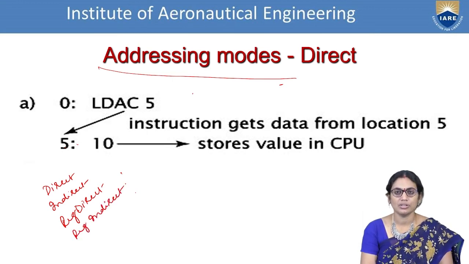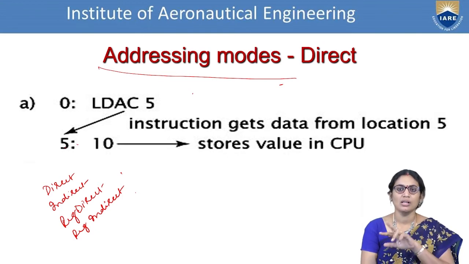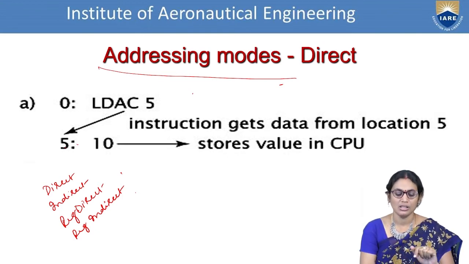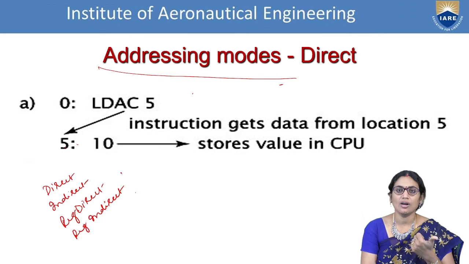So there are two different things. First one is simply fetching from the memory if you know the address. Otherwise, fetching from memory even if you don't know the address, by using different location information. The second one is register direct and register indirect, where we are trying to fetch the information from the registers. We'll see how it works.